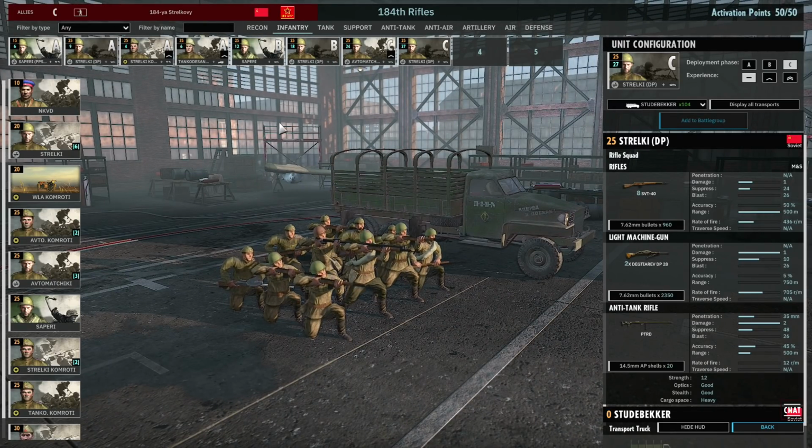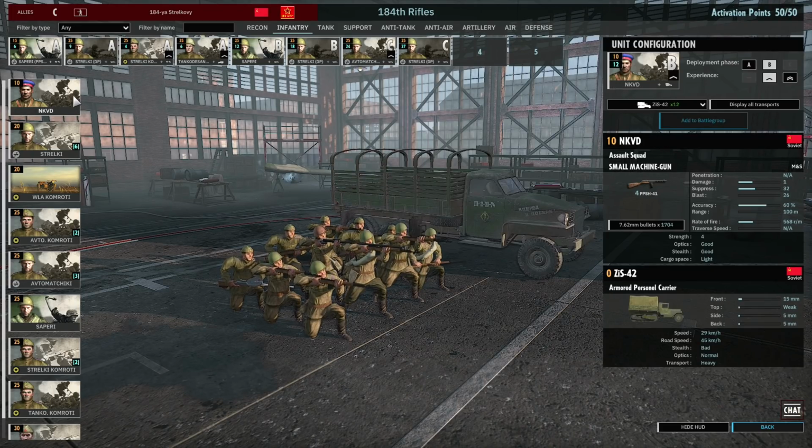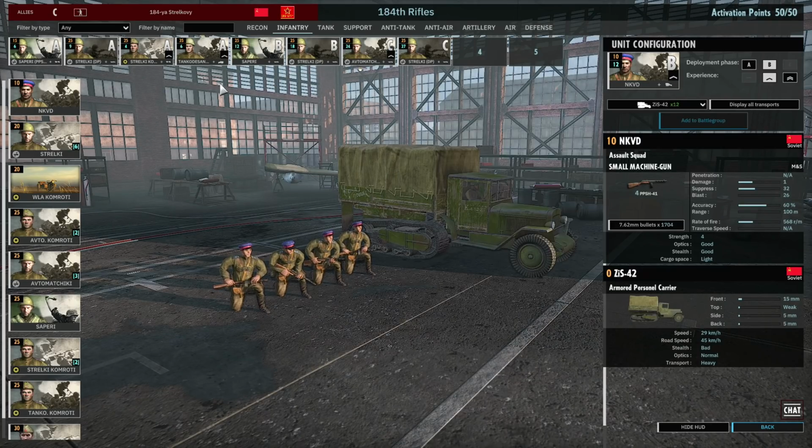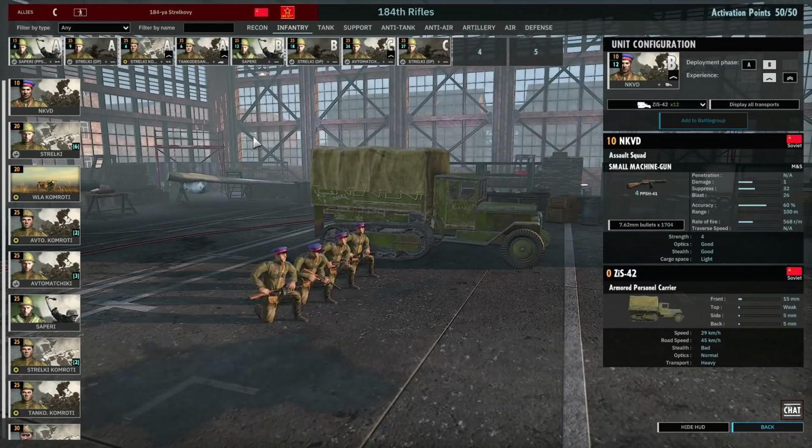Now, you may have noticed that most of the infantry here we have kind of seen before, but the infantry tab of the 184th Rifles is very important for the success of the division, I believe. So make sure that you find yourself the perfect setup. Other choices in the infantry tab include the NKVD,